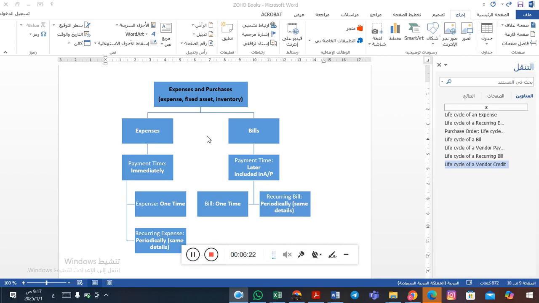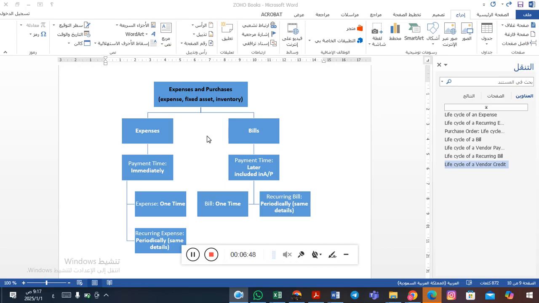So for transactions that are repeated more than one time and have the same vendor, items, quantity, prices, and repeated period,